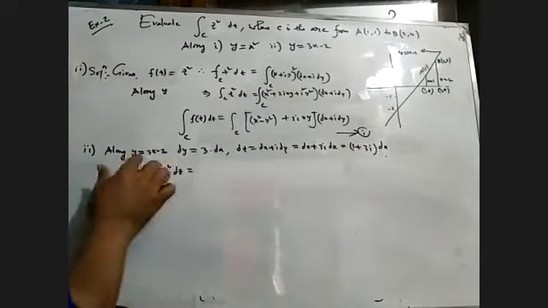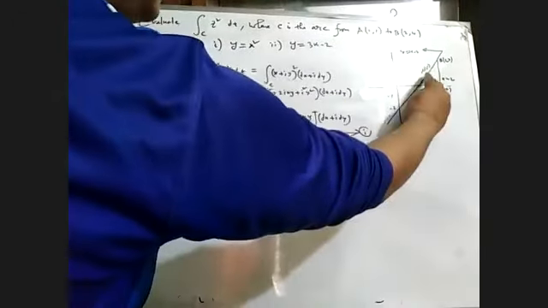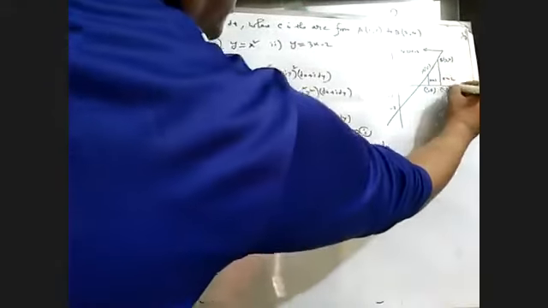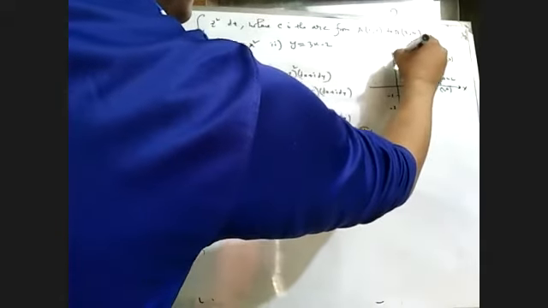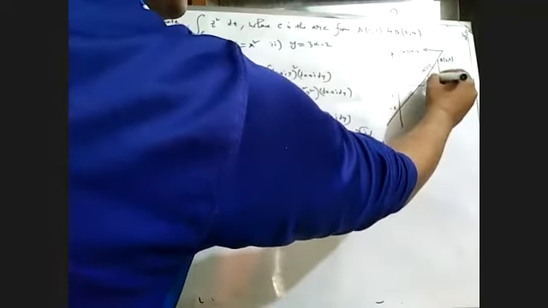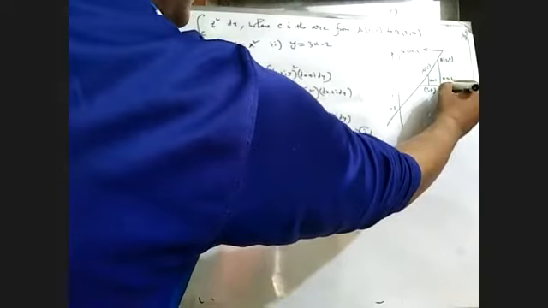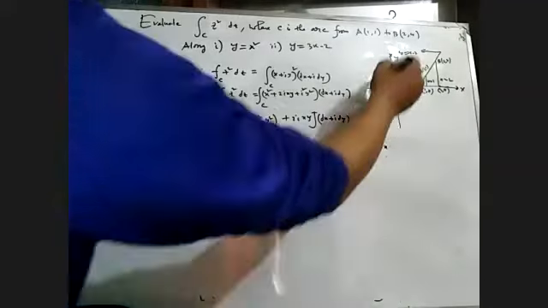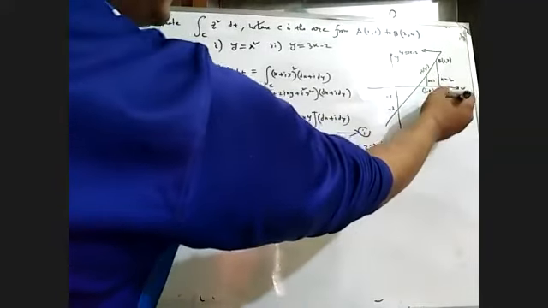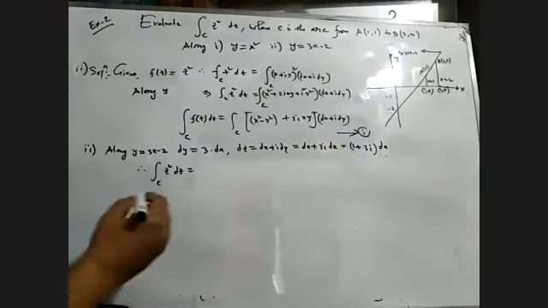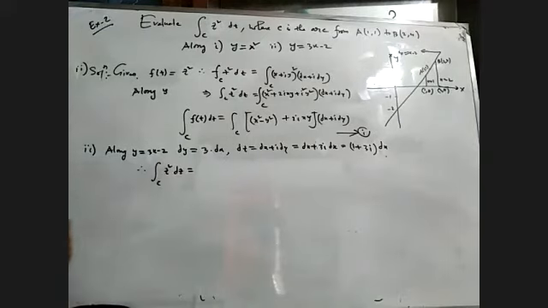So along this curve from A to B, point A is 1, 0 along the real axis, and this is x equals 1, parallel to the y axis, and x equals 2. This point will be 2, 0. x equals 2 means the same, parallel to the y axis, the equation of a line parallel to the y axis. So A to B means x varies from 1 to 2. That means the function will change.